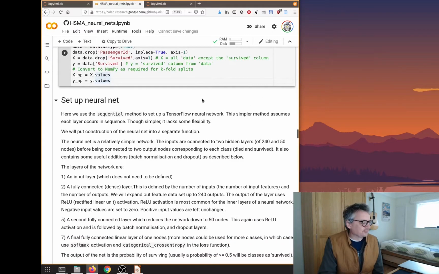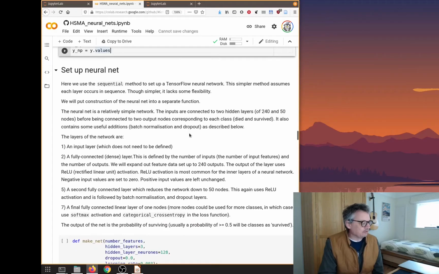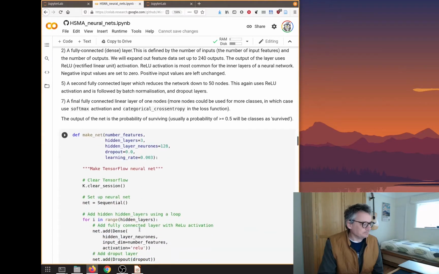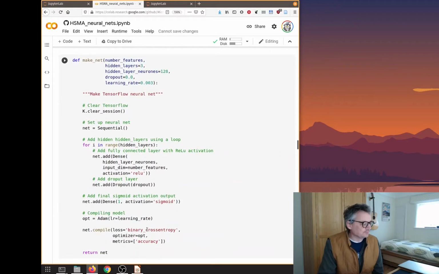Okay, let's set up our neural network, and this text here, which I won't read, I'll just talk through it. So we have a function to make our neural network. Now this function will build any size neural network, any number of layers you want, any number of neurons. So you can build a massive network with this function, and it uses